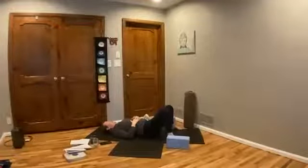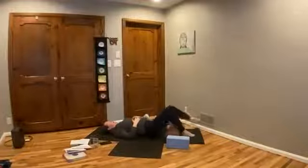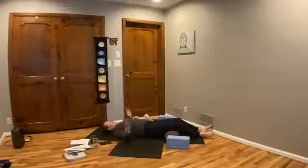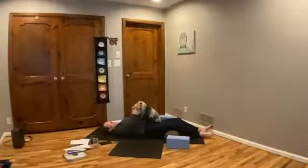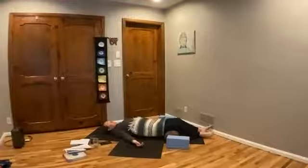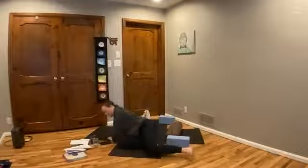And as you find your way into your best resting pose, think of that place where any part of you that might tend to hold on to tension, if it's your hamstrings or your low back, think of that propping place that will help that part of you release. And now if you want, you can add that blanket over the pelvis, or you can add a blanket underneath your neck. But come to your resting pose